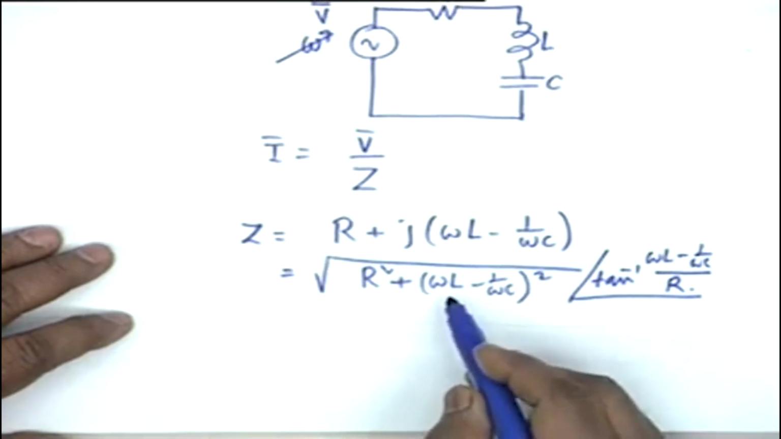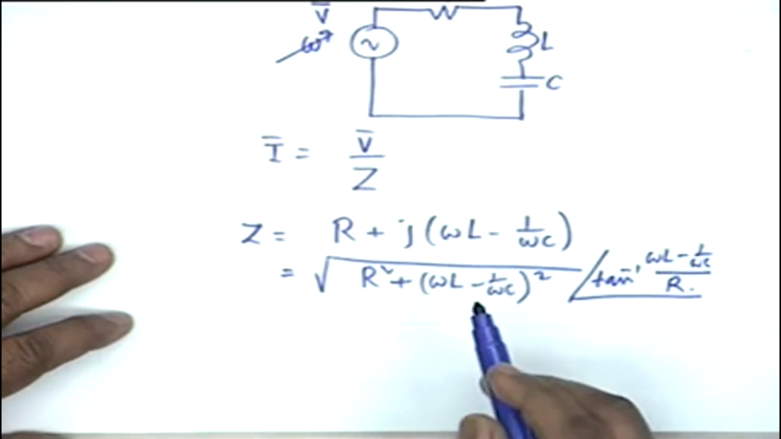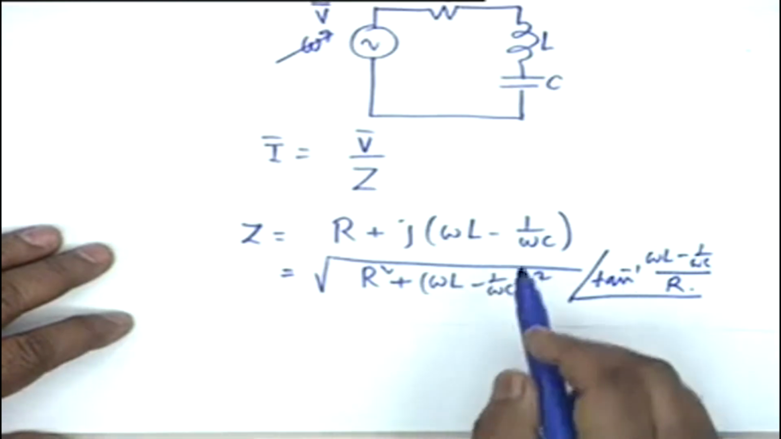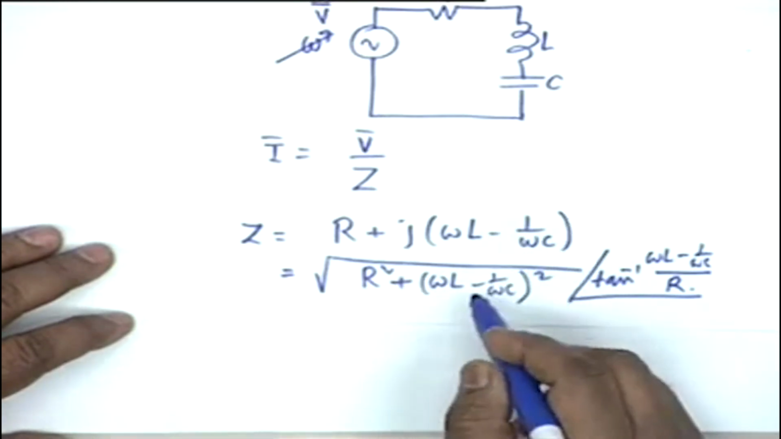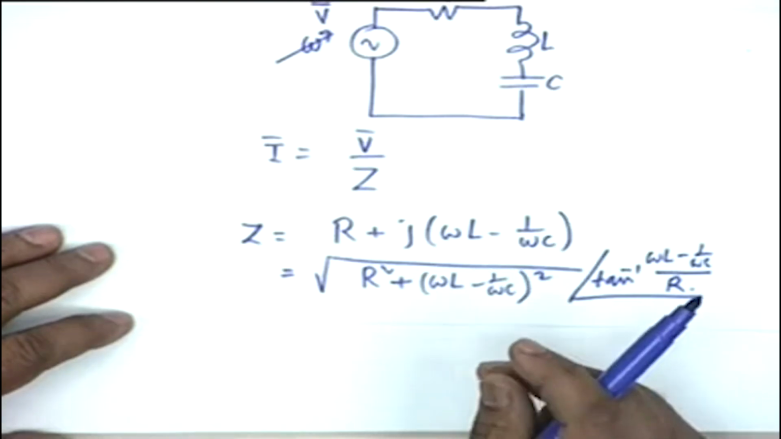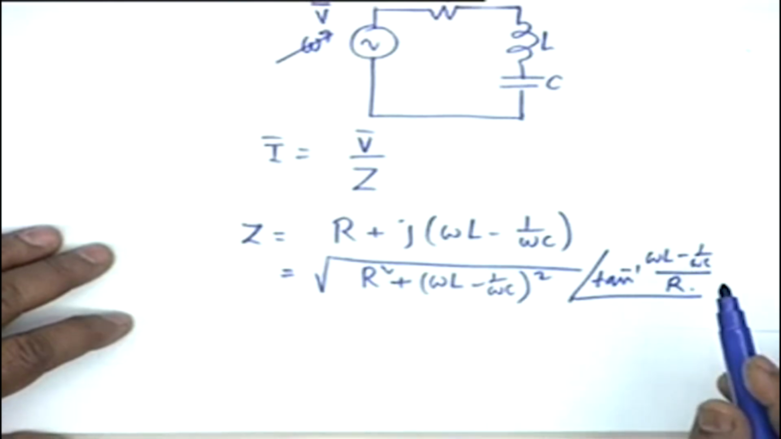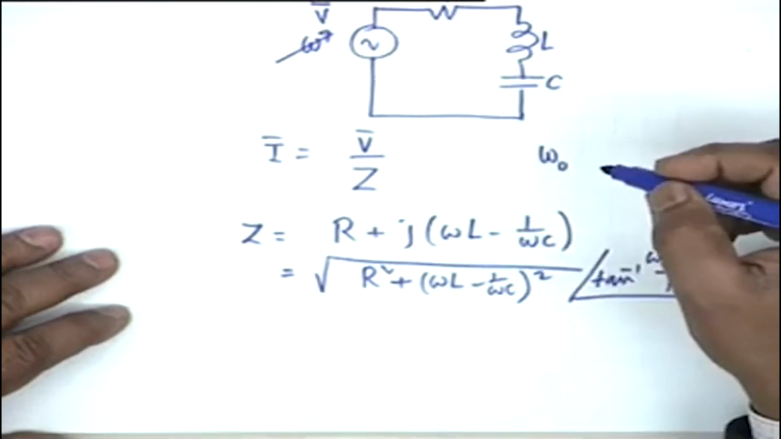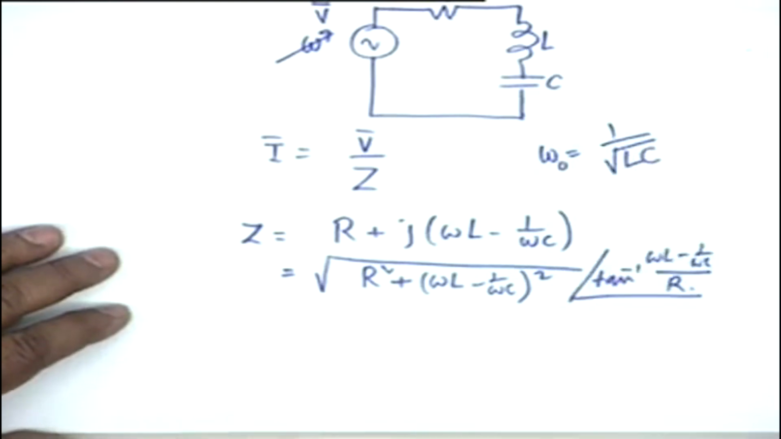As omega is increased, a point is reached when omega L becomes equal to 1 by omega C, and under that condition this circuit shall be purely resistive, that is, the imaginary or reactive part shall be 0, and the impedance obviously shall be a minimum. The angle at that point is obviously 0. As omega increases beyond this frequency, which we call the resonance frequency omega 0, which is 1 over square root of LC,